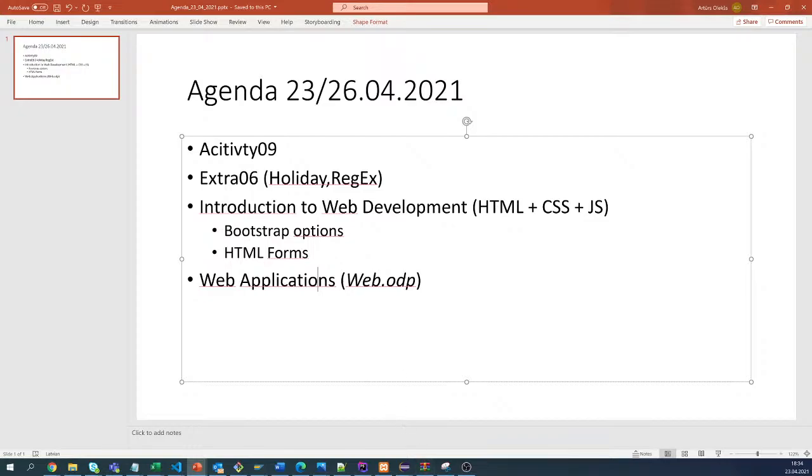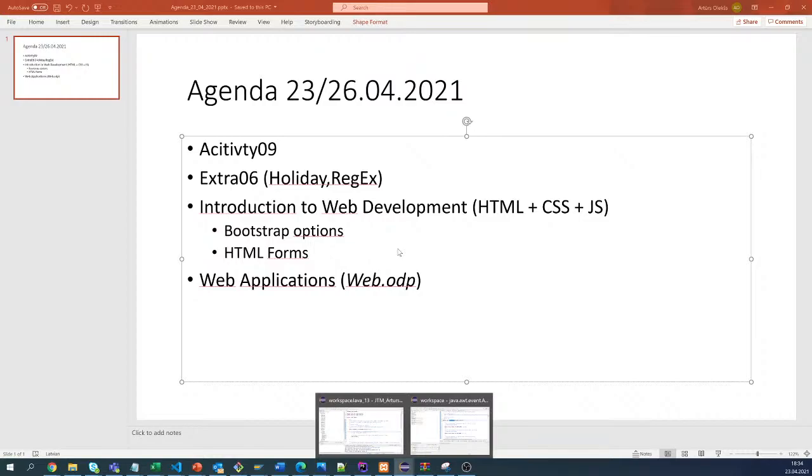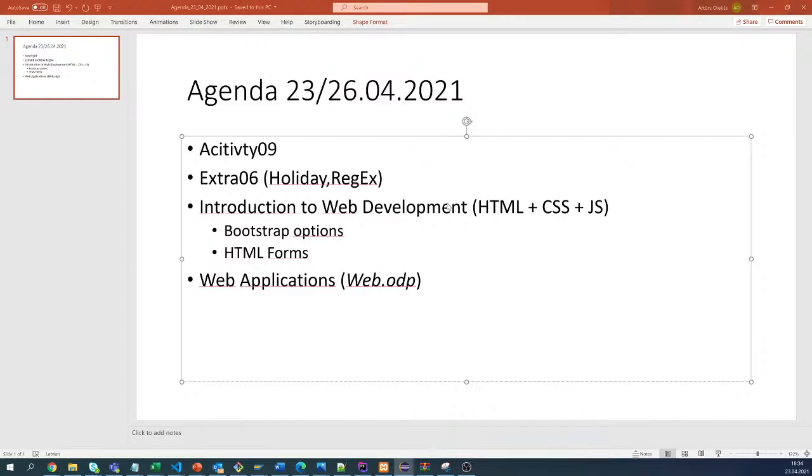So let's start with activity 09. Those who sent me the activity, I checked it, everything was fine for most of you, maybe some minor mistakes, but I will send the results a little later, maybe after the next task, which is activity 08, then I'll share the results with everyone. So okay, let's start,